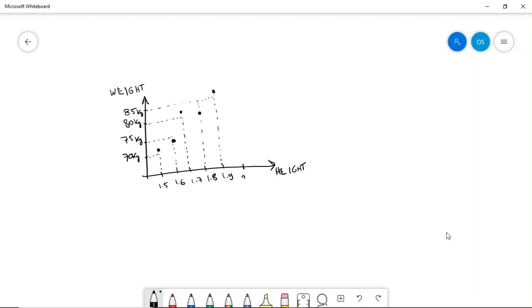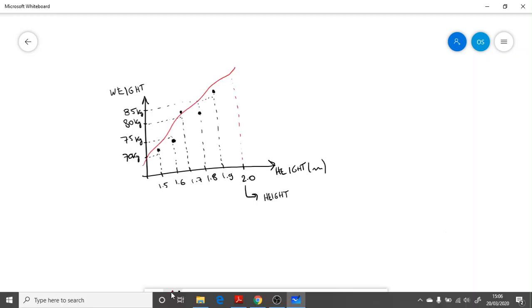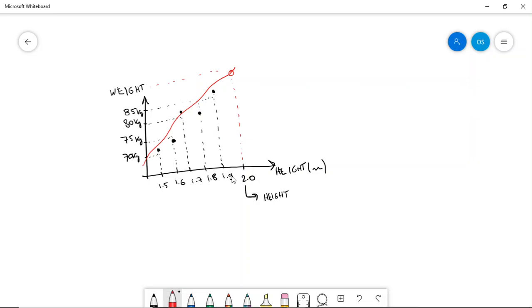Well, intuitively, what you want to do is trace a line, and then use this line to find an approximate value for his height. It's just an estimation, so we are just trying to estimate how tall this student would be. So what we are doing here is a regression,